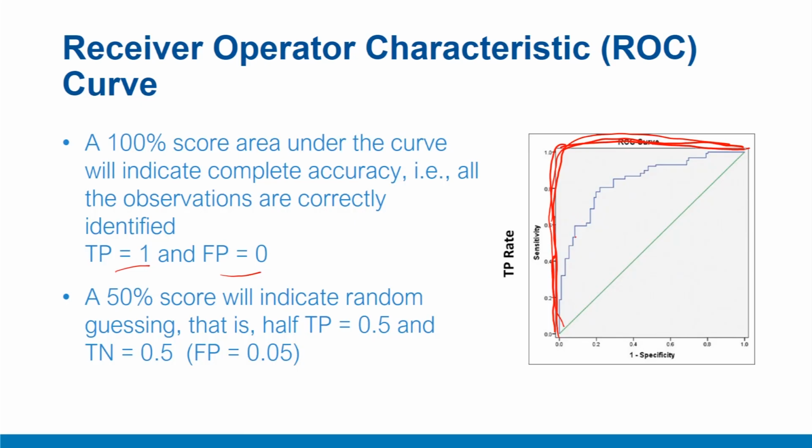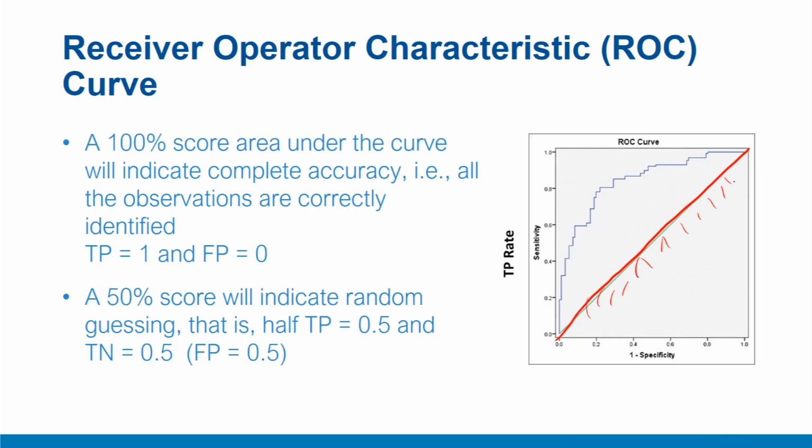Let's take a random model where there's a 50% probability, which indicates almost random guessing, like a fair coin toss, where with 50% probability you can get a head or with 50% probability a tail. In this kind of model, for all the times your true positive rate is 0.5 and false positive rate is also 0.5. So your movement will be reflected by this kind of curve. It's always 50-50, and therefore the area under the curve will be 50% of the overall area. This model is no better than a coin toss, random guessing.